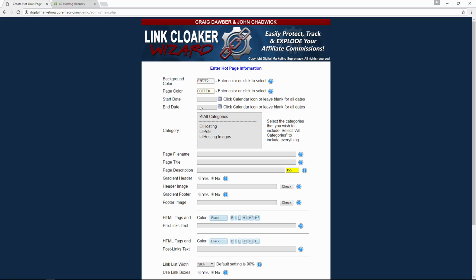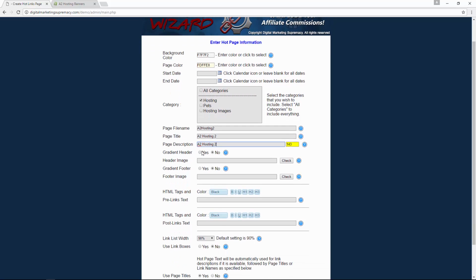I'm going to leave the start date and end date as they are, and I'm going to just pick on the hosting. So this will be text links only. I'm going to call the file name A2 hosting 2 because it's the second one I've created, and I'm just going to pop that in the page title as well, and I'm going to pop it in the page description,